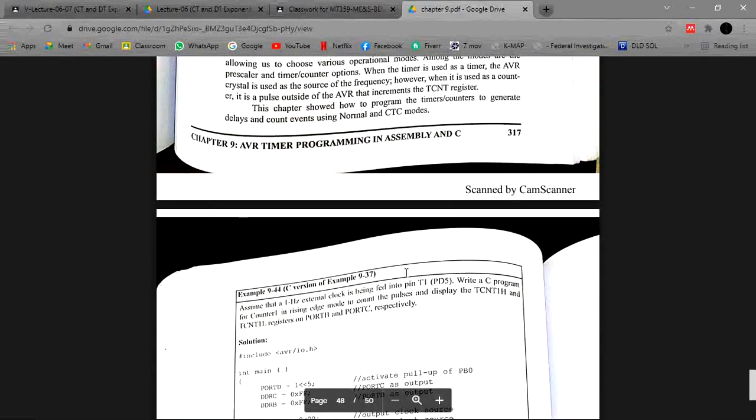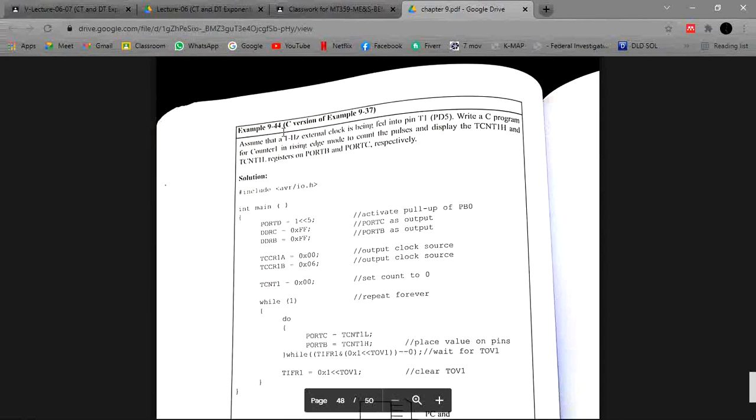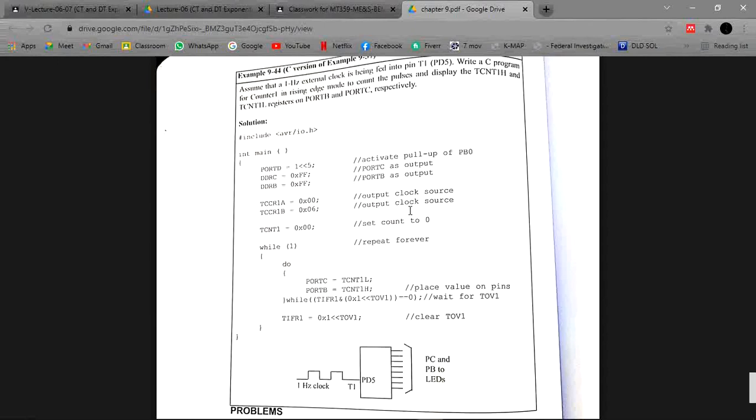These two outputs are connected to the LEDs, which in turn will tell us all about our outputs. In this example we have to assume a 1 Hz external clock, and write a program for counter 1 rising edge mode to count the pulses and display them. It is similar to the previous ones, we just have to change the frequency, and then with the help of these shift operators it will turn our LEDs on and off on our port B or port C output ports, which we are setting with the help of our direction registers such as